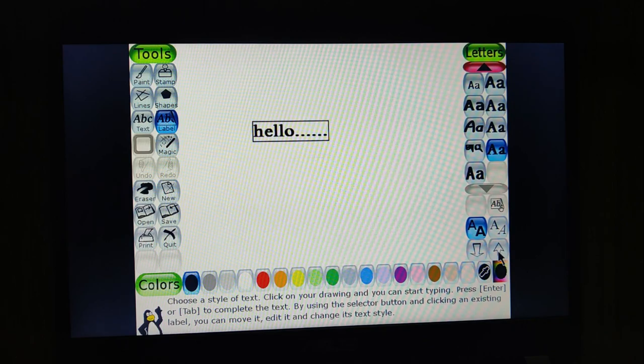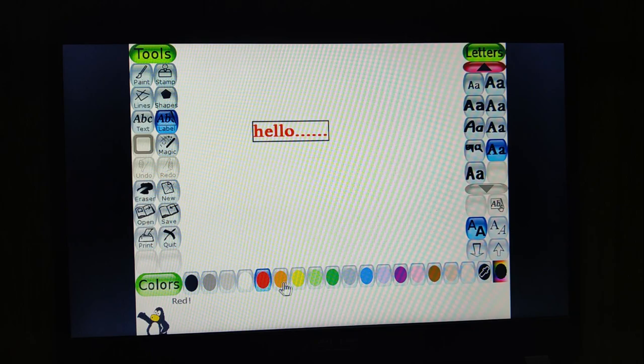Now if you want to increase the size of the text, you can use these two options. This is up arrow, meaning increasing the size, and down arrow means decrease the size of the text, right? If you are using the up arrow, your size of the text will increase, and if you are using the down arrow, your size of the text will decrease, right? And here you can see a color palette option is available. So using this option you can change the color of the text. For example, red color, yellow color, green color, purple color, right? You can pick any kind of colors, right?